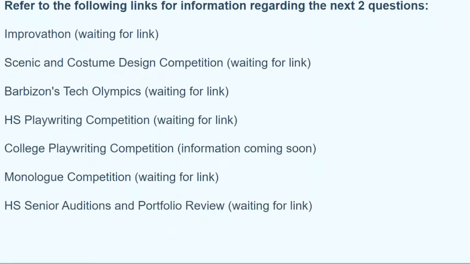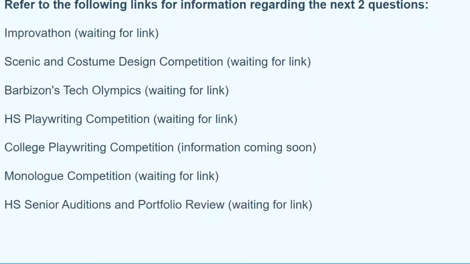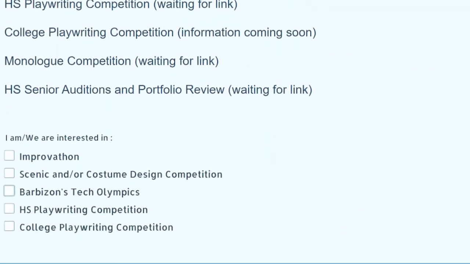Then you're going to see some linked following information. All of this will be linked by the time you get this registration form, but it'll be all through here, and you can click and check all that information out. You have already received that information in the secondary scoop as well as your director checklist, but just in case you want to review it again before you register, they'll be waiting for you.